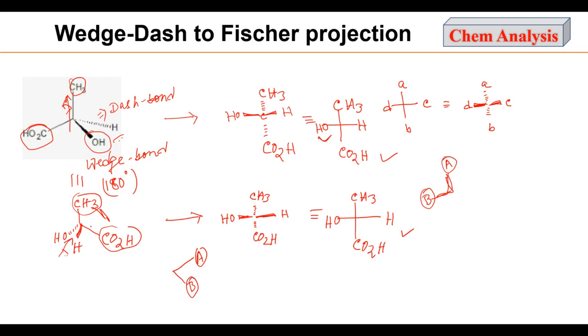Here is B and here is methyl and CO2H. In this structure, if we convert from OH- to Fischer projection, then the group which is above the plane will go on the right side. That is, we can see here that hydrogen is above the plane and it is going to the right side. That is, if the in plane groups are oriented in the V shape, then the group which is above the plane will go on the left side, and if the in plane groups are oriented opposite of V shape like this, then the group which is above the plane will go on the right side in the Fischer projection.